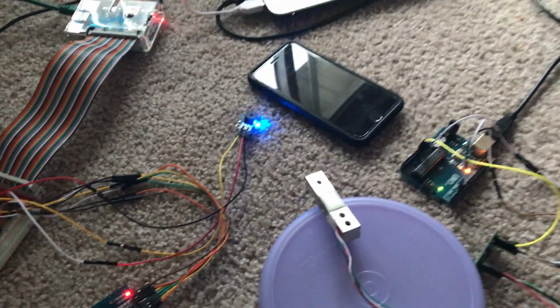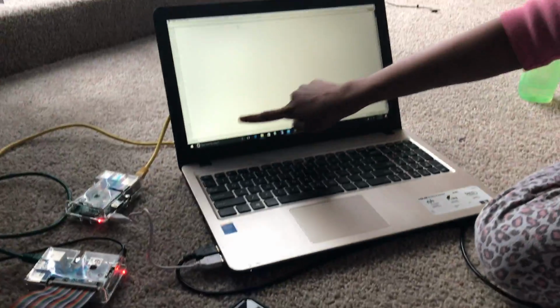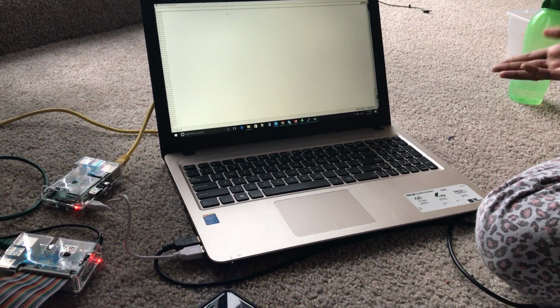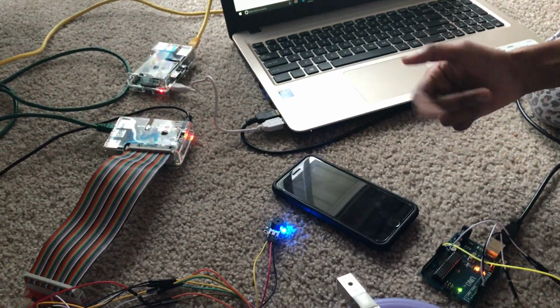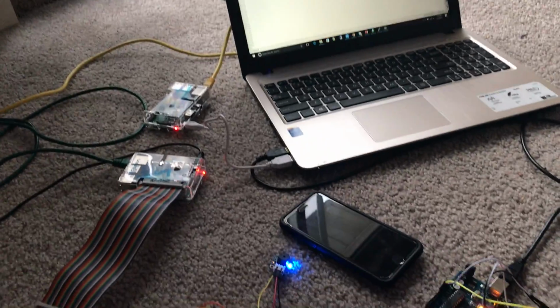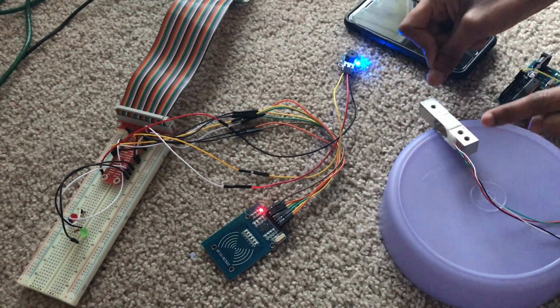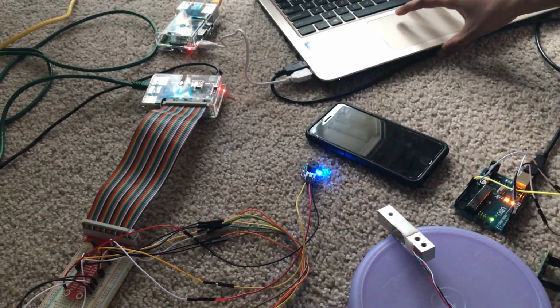These values will be increasing in proportion to the weight applied on the cell, and if the difference between the value now and the default value previously is more than the preset value that is set by the airlines, then it indicates that the bag is overweight and that should be removed from the flight. And in order to indicate this, I connected it with a red LED, which glows when excess weight is applied on the load cell, and this is how it works. So okay, this is how the baggage tracking system works,